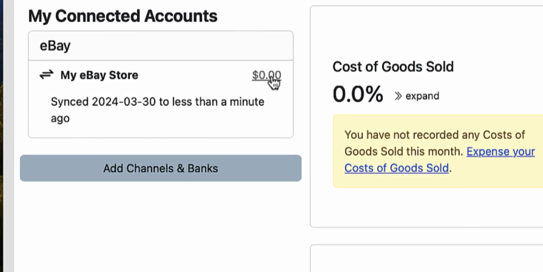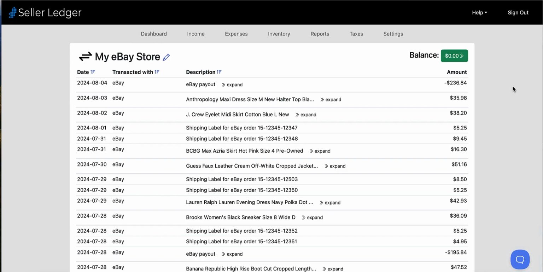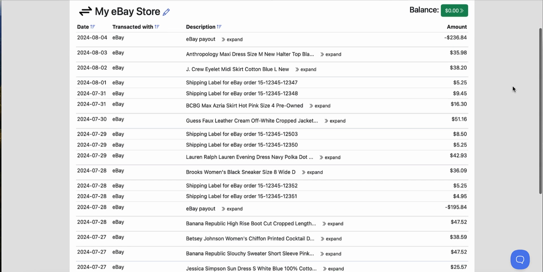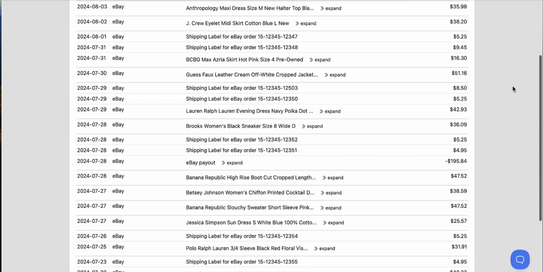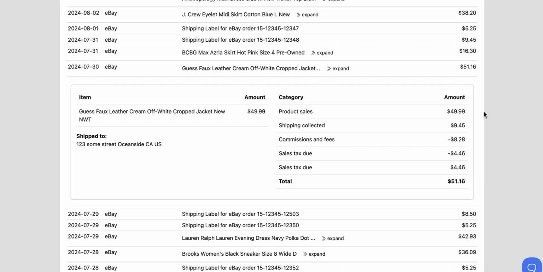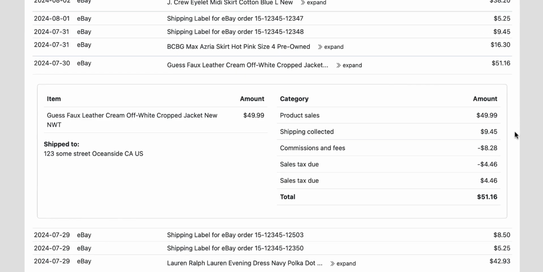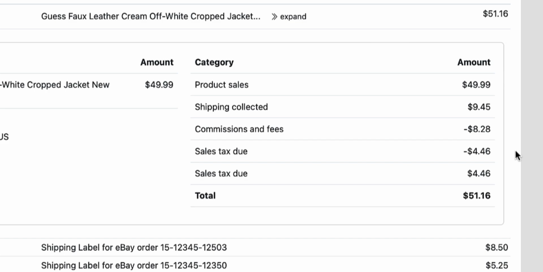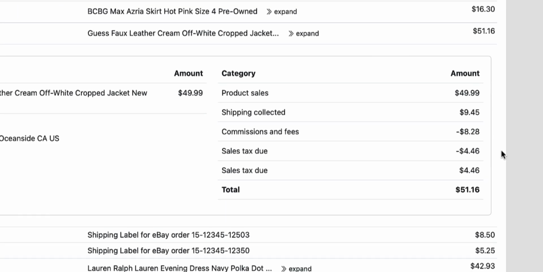Click in to view your eBay transactions in detail and you'll find the full list arranged by date with eBay payouts, ad fees for orders, shipping labels, and more. Where there's further detail within an individual order, you can expand to see the components like product sales, shipping collected, and final value fees. Notice how eBay both collects and remits sales tax for you, so those amounts don't affect